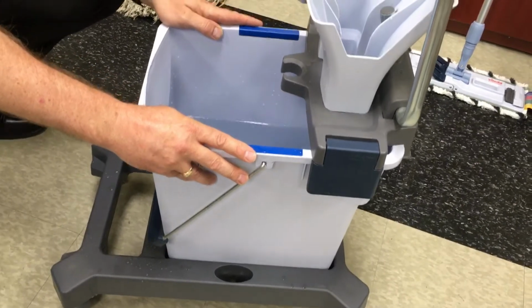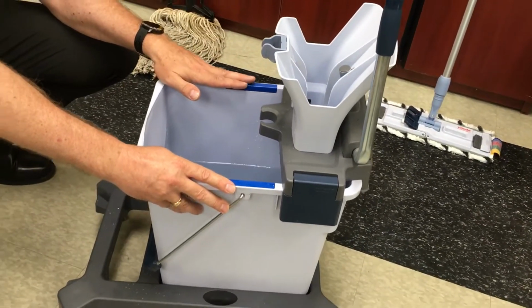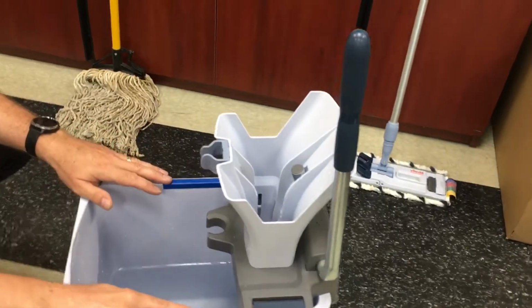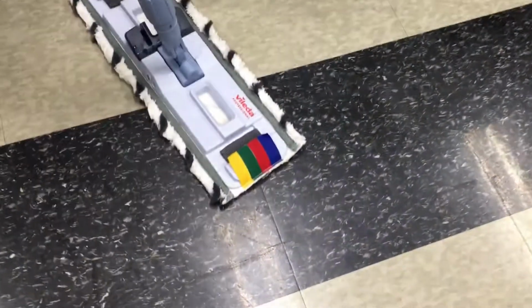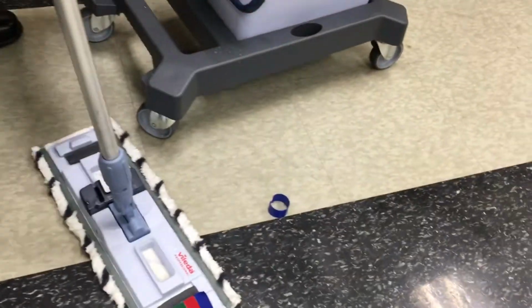It has graduations in liters, gallons, and ounces. It's about 25 liters, which is half the size of your typical yellow mop bucket. You have the strainer. You can see that you have some color coding, so you can have the mop head here. And you have the mop head, the bucket, and of course there is a ring for the handle